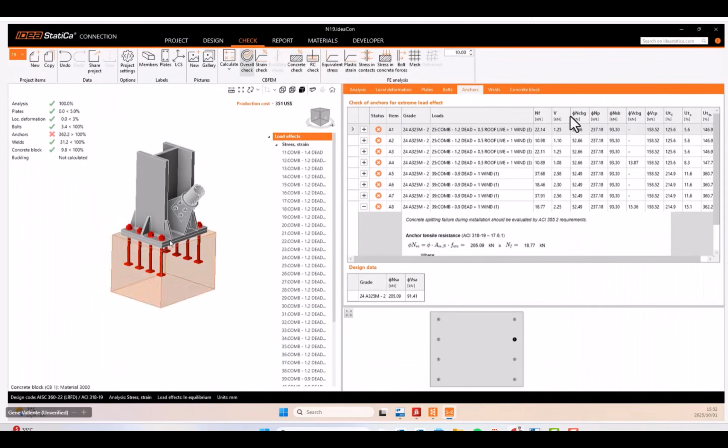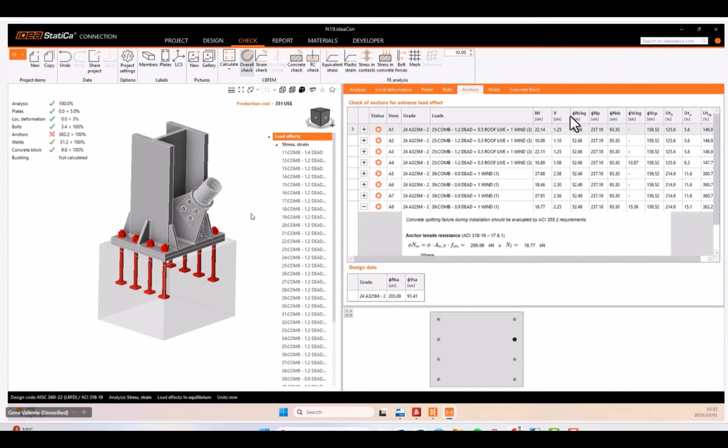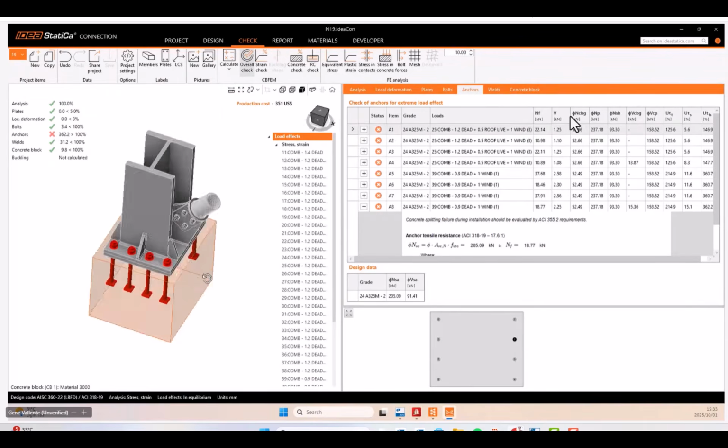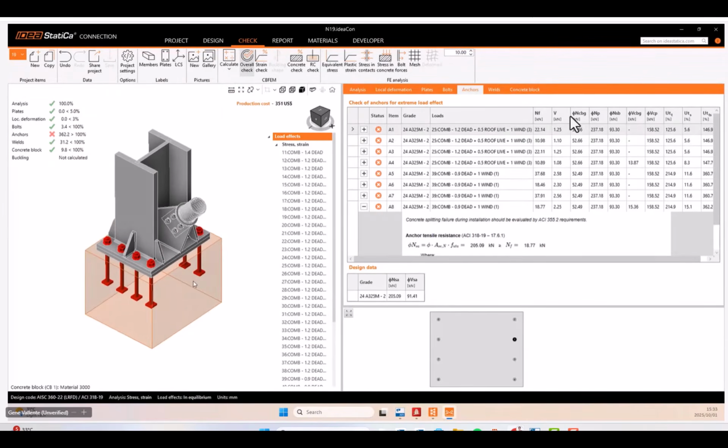And I want to say why this is failing. The reason for this is that when the program analyzed, it uses the code requirements, which is based on the codes. When we check for anchoring, basically the concrete is considered as unreinforced concrete or plain concrete, and that is why when we design such connection or such anchorings,